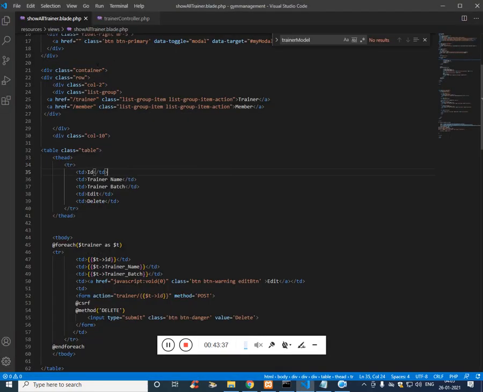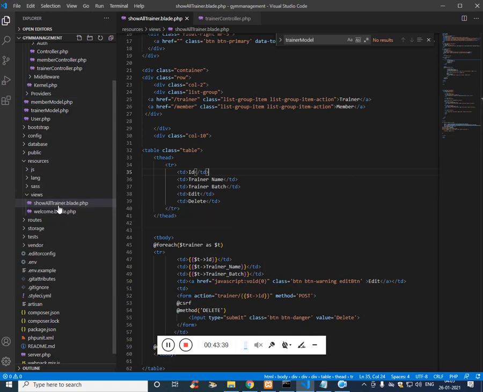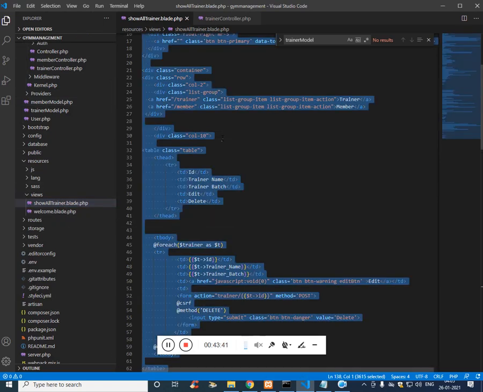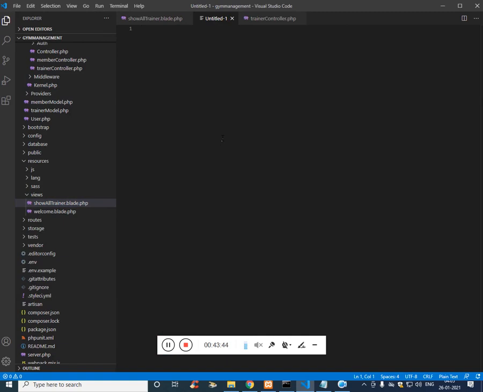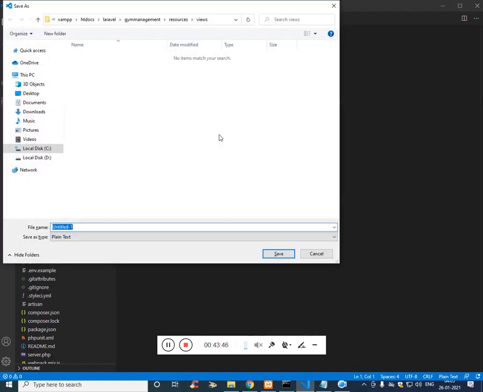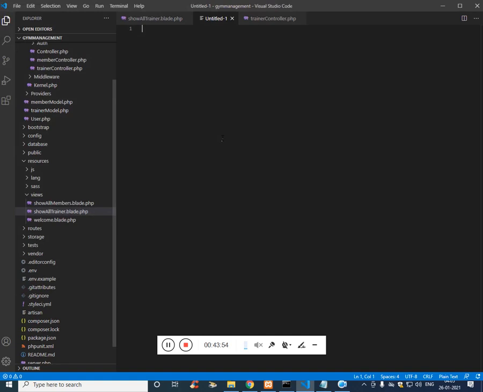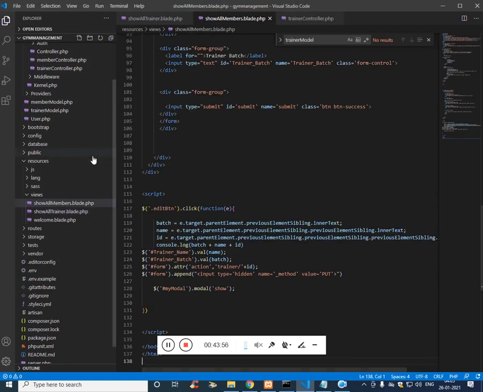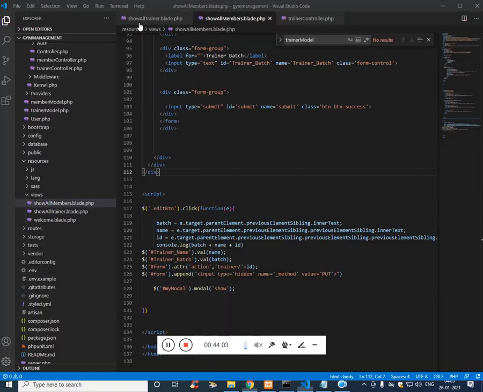Now the same way, Control A, Control N, Control S, we have to type show all members dot blade dot php, paste, and if we refresh, it won't work because we have to use this on the controller.